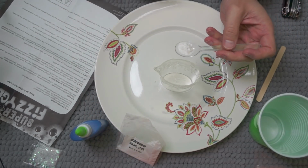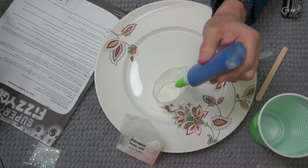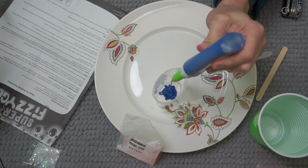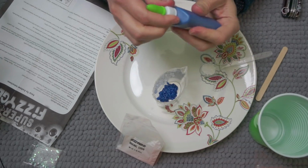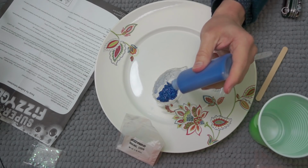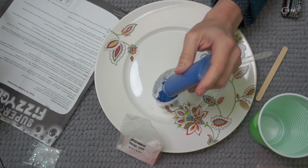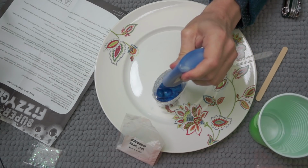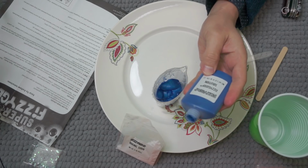Now, it doesn't say to stir it, but I imagine that we're going to have to. Okay. 40 milliliters. It's very blue. It's going to take a while. Let's do this. Just pour it like this. Bloop. Bloop. Bloop. Okay. I think it's going to be most of this bottle. Yeah, it says it's 70 milliliters, so